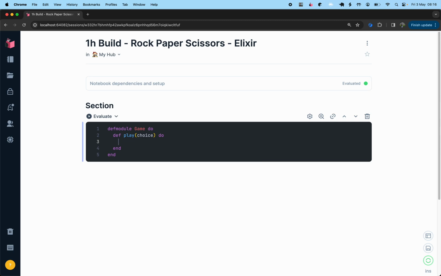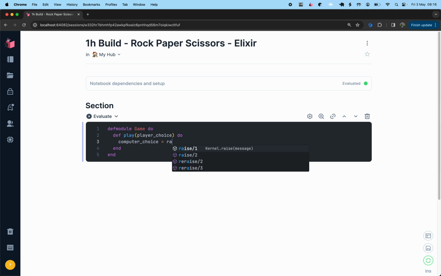And in here, we are basically going to generate a random choice for the computer. Let's rename this actually to player choice, and now we can have computer choice is random choice,